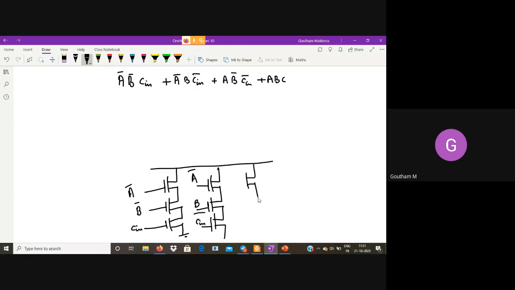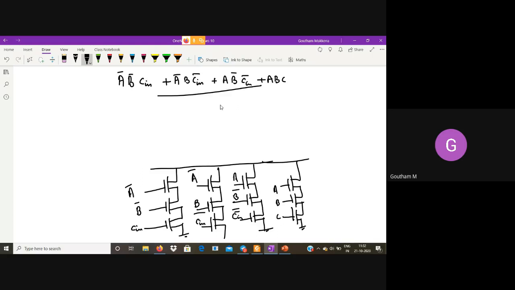So the next one is A, B bar, Cin bar. And the next one is ABC. So I have drawn the NMOS part, you come up with the PMOS portion and then count the number of transistors.